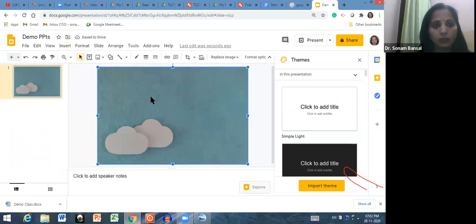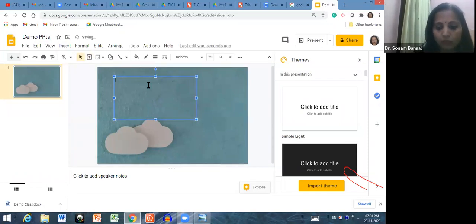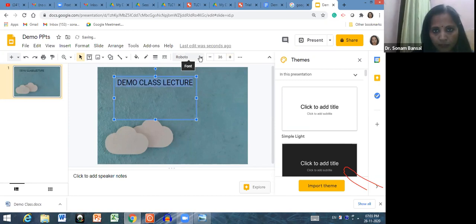So I will not take much of your time. Go to text, write text and type your name or whatever you want to type. Demo class lecture. Right. And select this and make the font size larger. Change the font style.